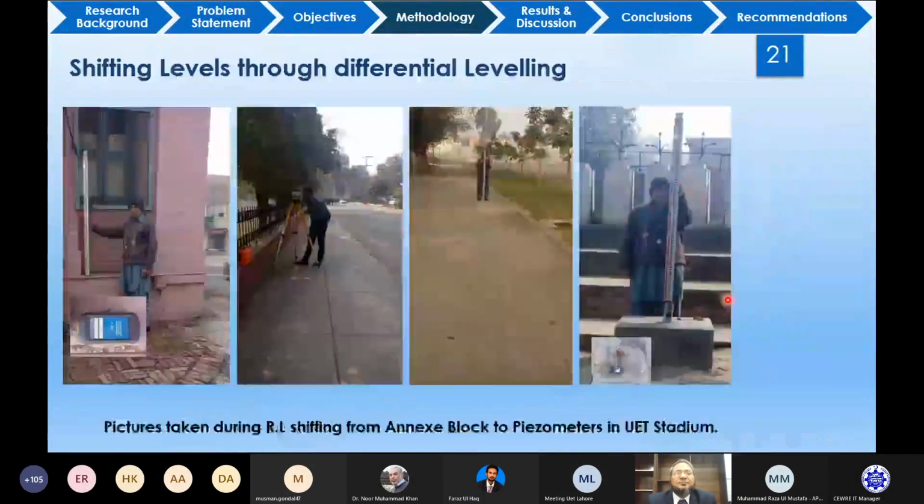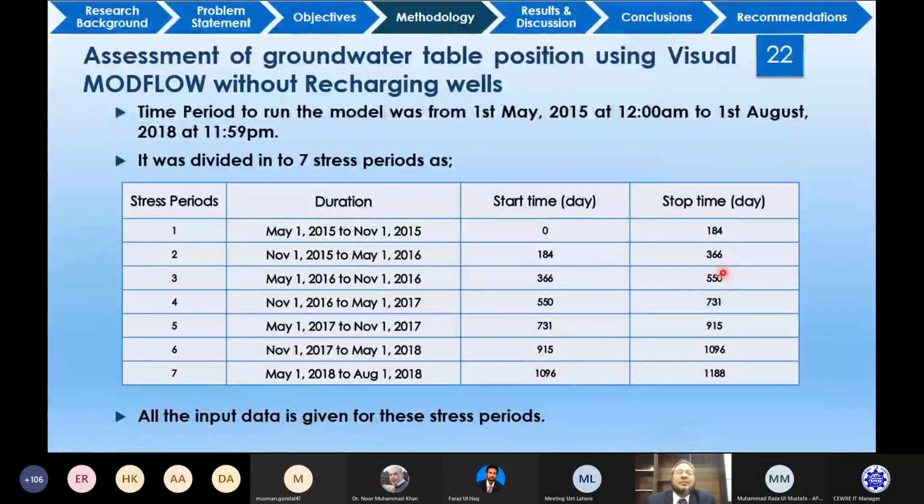Installing in the ground. And then on this slide, it is shown how the levels were shifted from the benchmark to the observation well. And these observation wells are kept locked. When we have to take a reading, we have to open it and insert the stick inside. And these are the